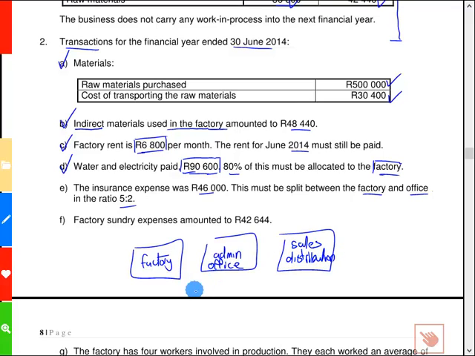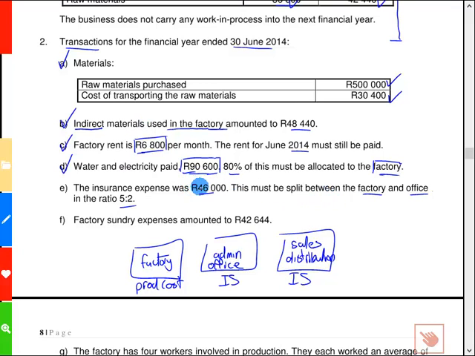Okay, and cost can be allocated to any one of these. If it's going to the factory, it's part of the production cost statement. If it goes to the admin or office, it will be part of the income statement. If it goes to selling and distribution, it will be part of the income statement. Okay, so